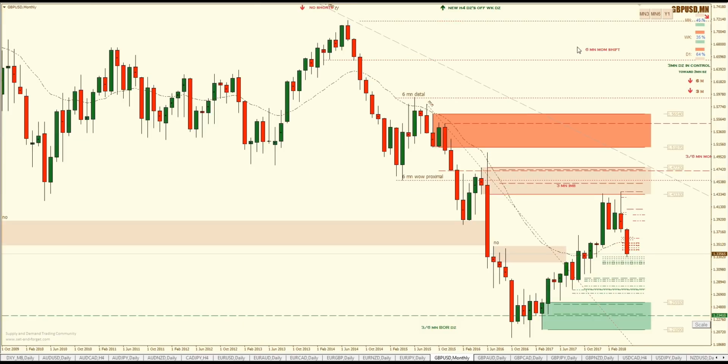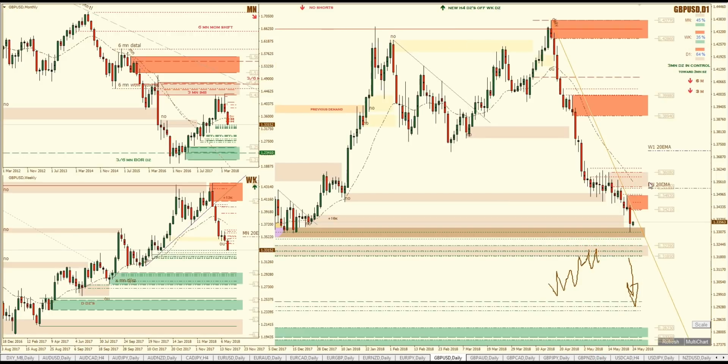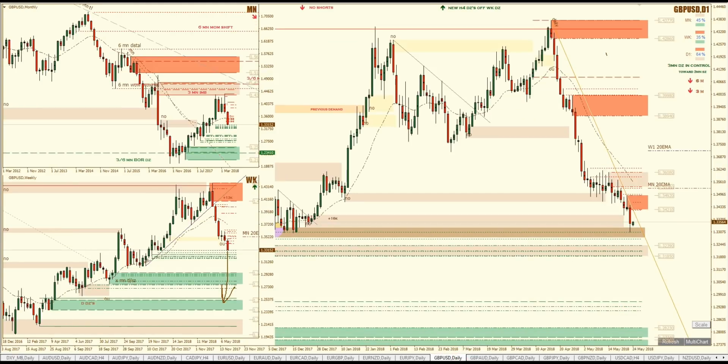So I would need to see these areas be taken out before I'd be interested in getting in long. But if you look at the monthly chart, this is all garbage, right? There's nothing really here, so this can easily just fall down here. Not like it's going to happen over the next couple of weeks, but when you look at the chart, it can easily drop. So weak pound, right? Just like I was looking at the euro, and it looked like there's very little to stop it from dropping. Same thing with the pound,